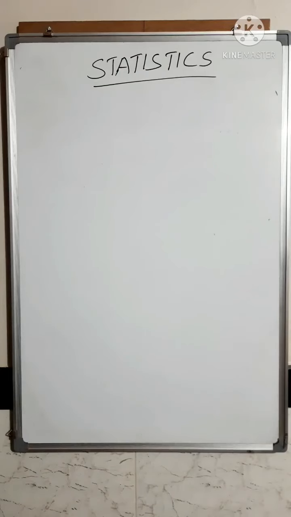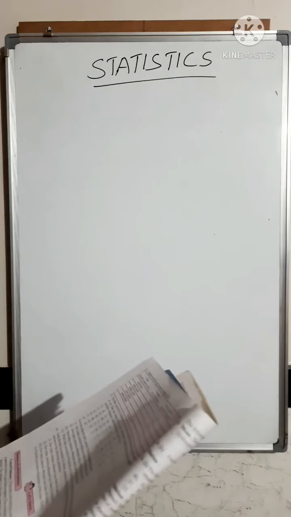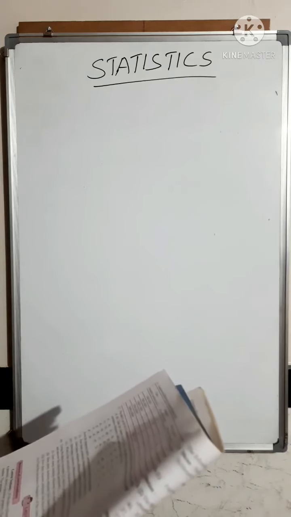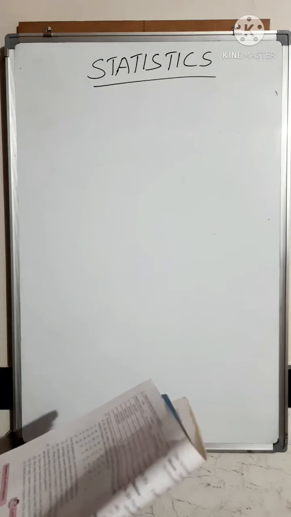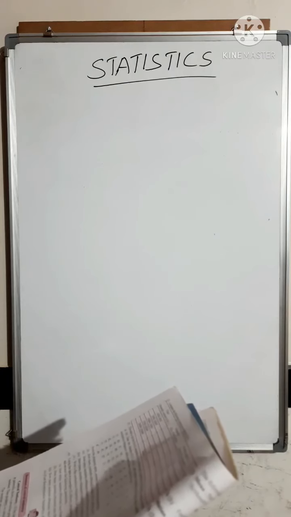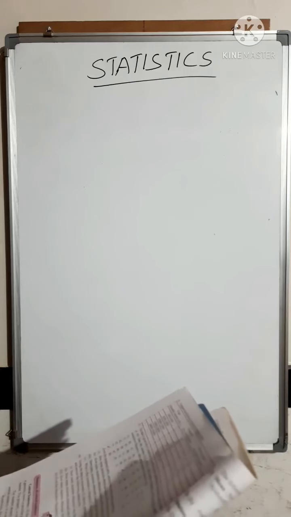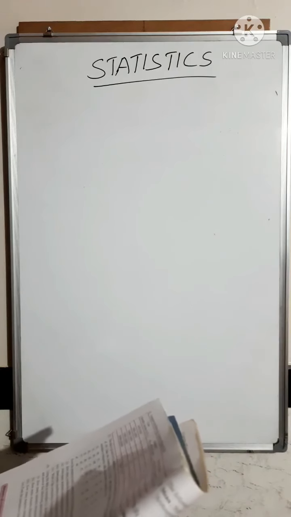Welcome students. Today we are going to start with another topic in statistics, that is calculation of measures of central tendency. So what do you mean by this central tendency? They have given the definition there. If the data collected in a survey of a group is sufficiently large, then it generally shows a peculiar property. The numbers in the data will tend to gather or cluster around a certain number. This property is called a central tendency.